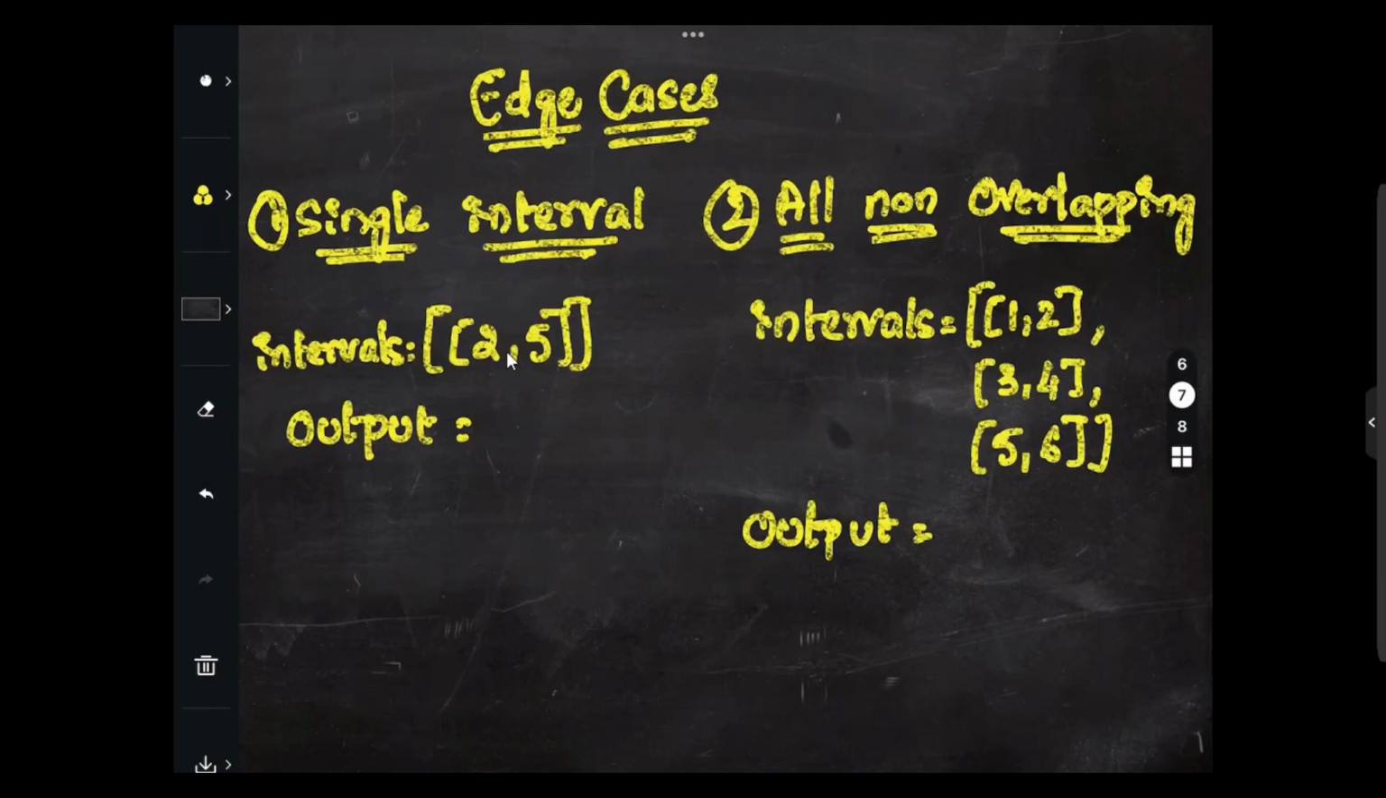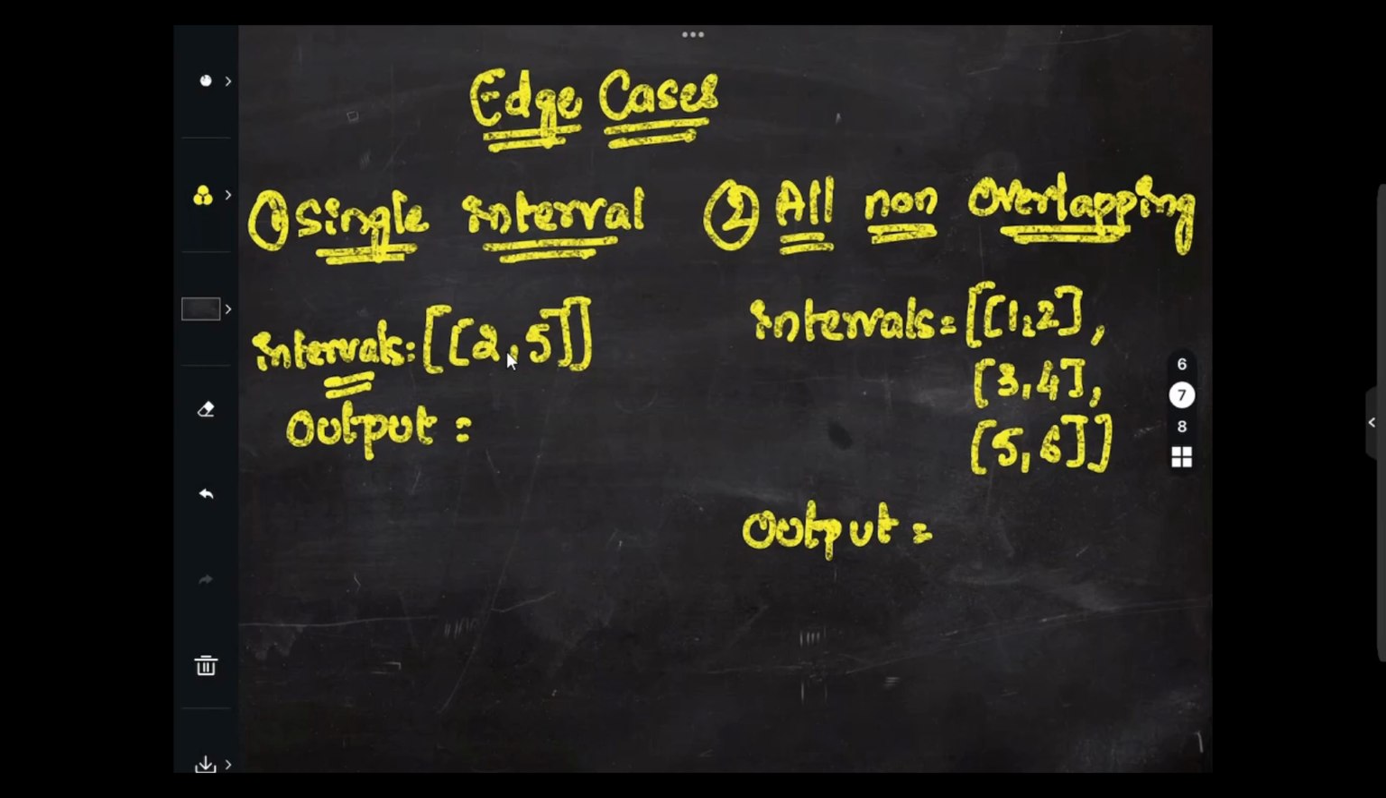The first edge case here is single interval. So we have intervals here 2 comma 5. Only a single interval we have here, right? So we have only one interval, nothing but